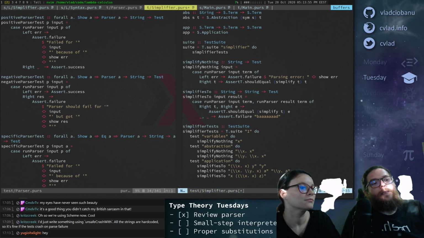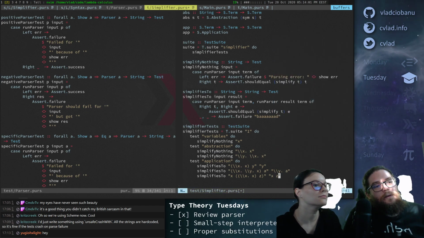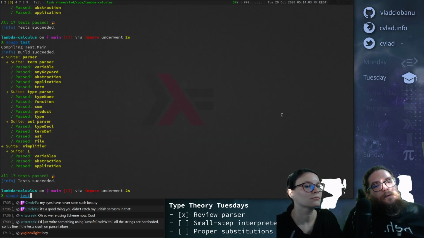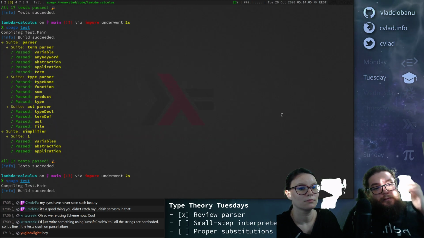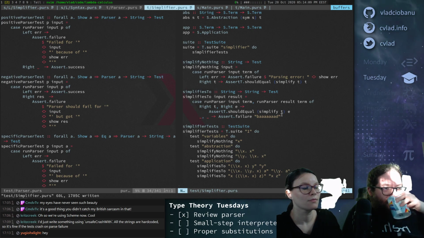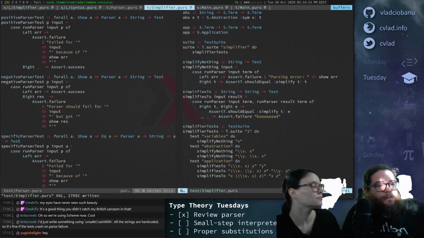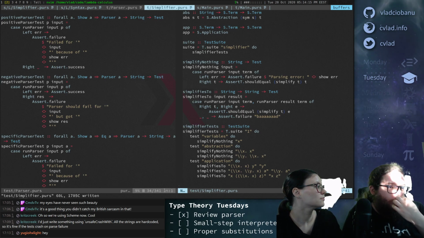Like, I want to see that it simplifies the right hand side, and then it ends, like, the result should be xz, right? Okay. I think that's fine.